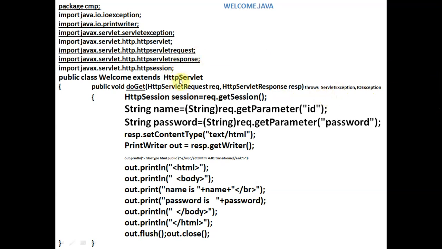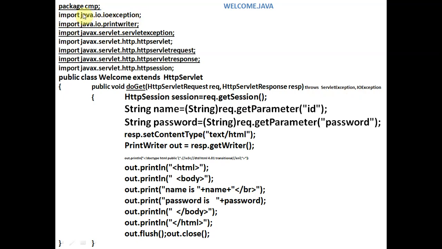So for all these classes we have to write import statements also. This welcome class is inside the CMP package, and before starting we will write import java.io.IOException, because we are using IOException. So we will have to write the java.io.IOException package. All three are packages.